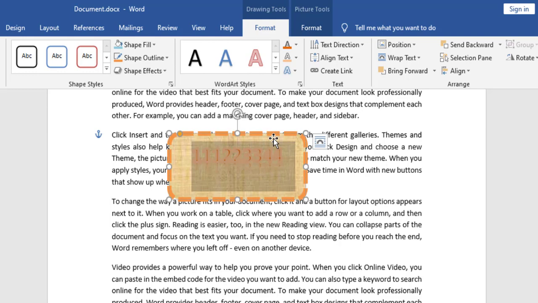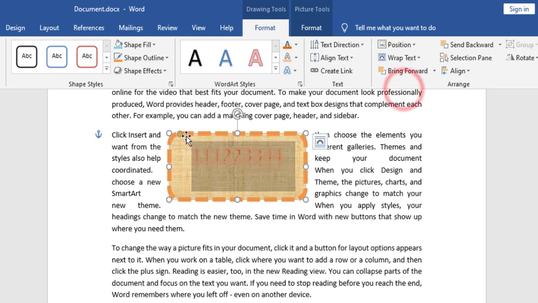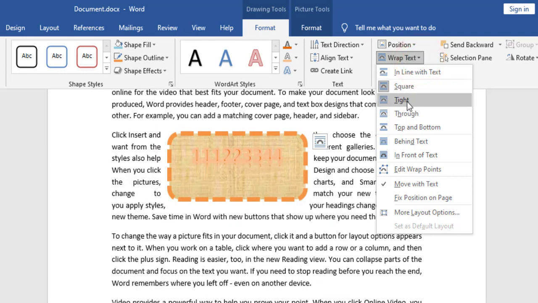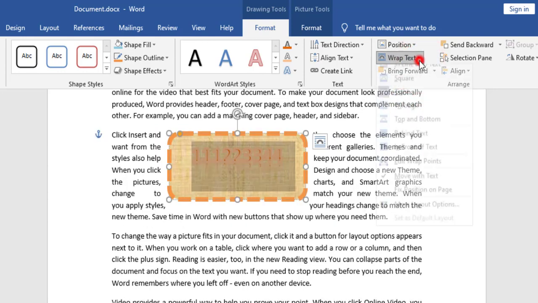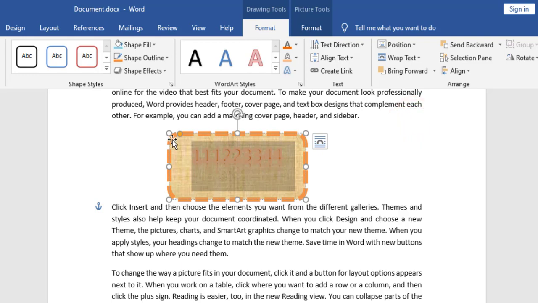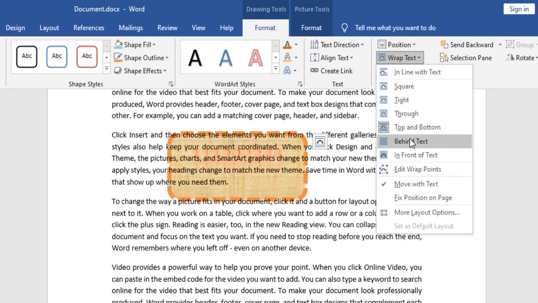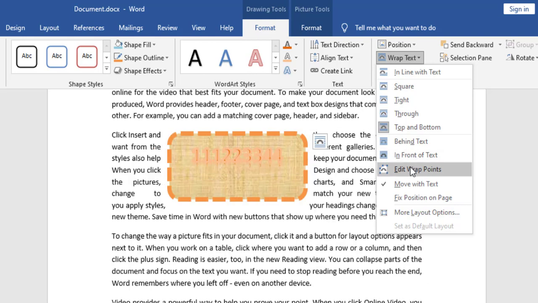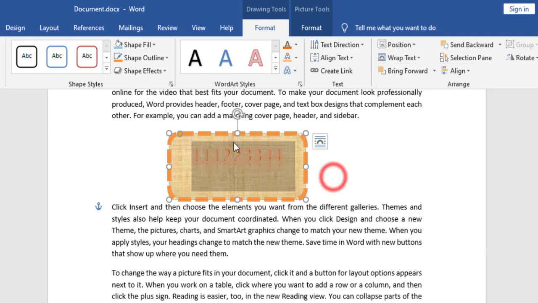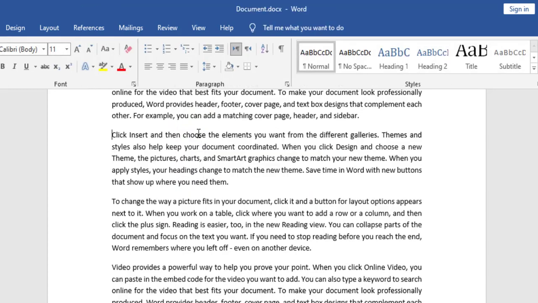Again, here also, I can use the wrapping option to set the shape as square or to make it tight, or top and bottom, so no text at the left or at the right, or for example to make it behind text, in front of text, or to edit the wrapping points. So to delete a shape, same as a picture, I click on the shape and on the keyboard I click